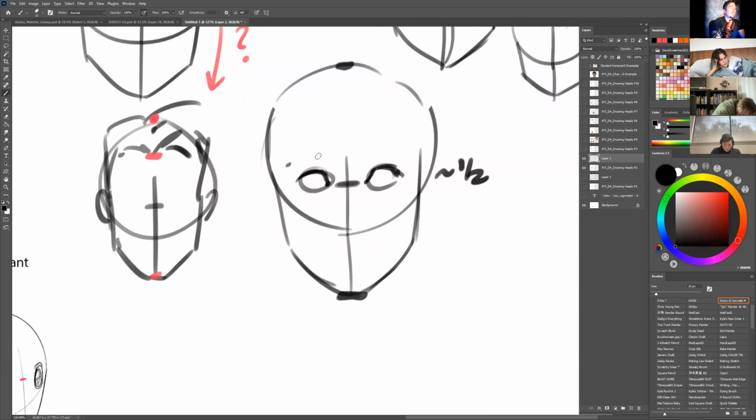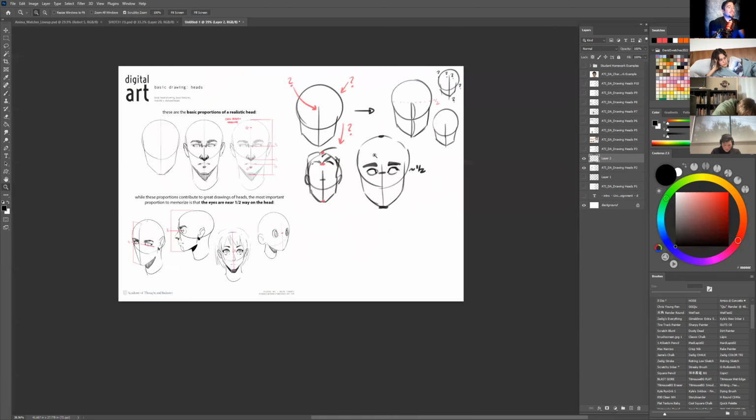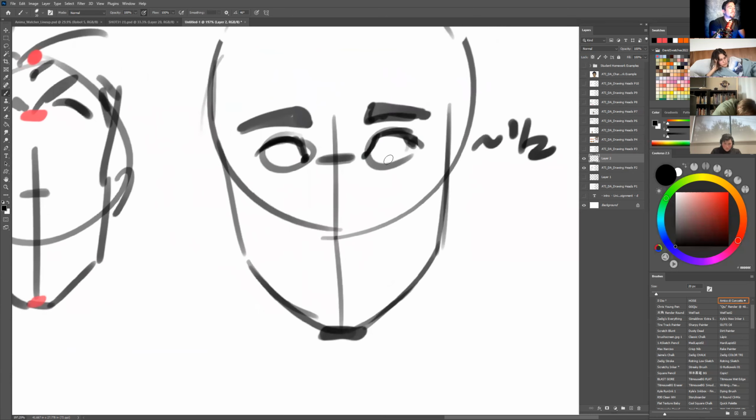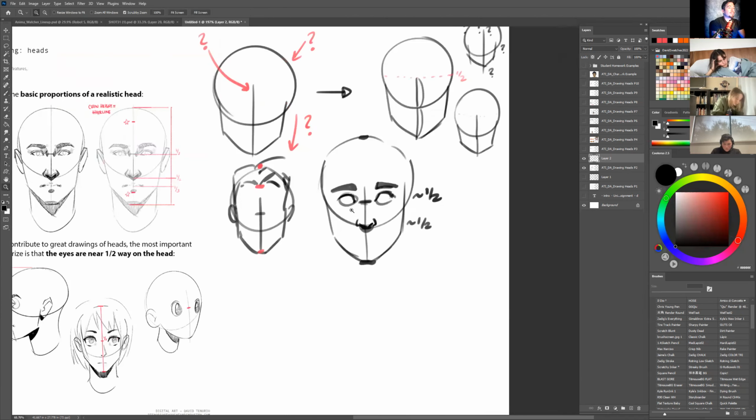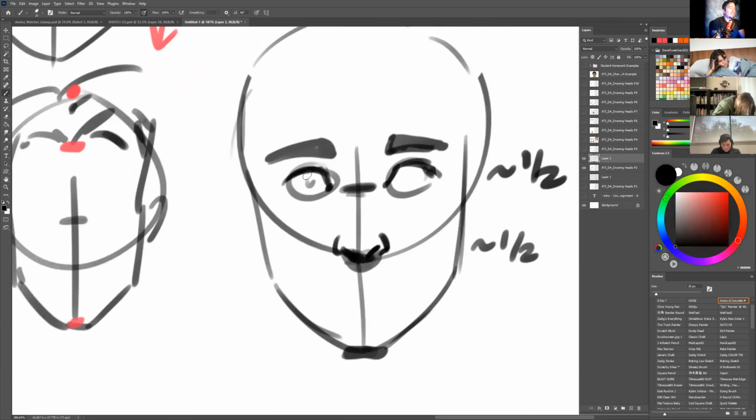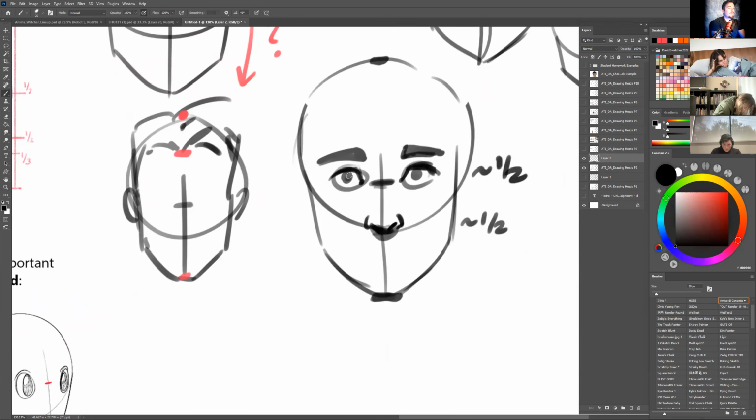Eyes are halfway. Now, there's a couple of different ways you can do the rest of the features, but a general rule would be that wherever your eyes are, from there to your chin, this is another average, like mean, just about halfway down is where your nose would be. And I usually like to think of it as the bottom of the nose, where the nostrils would be. We'll do some nicer shapes in a little bit. So right now we're just figuring out sizing. So you have your eyes, you have your nose,